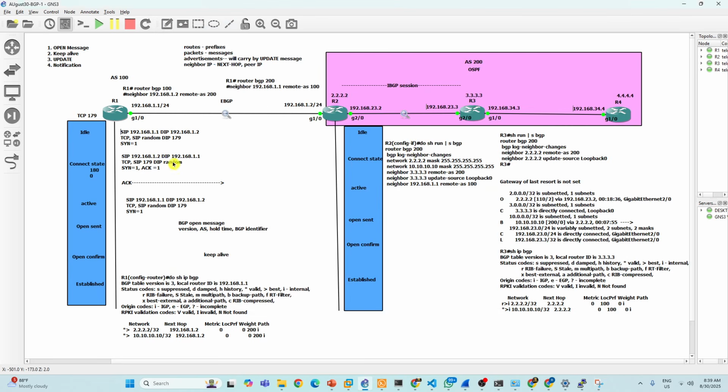In interviews they will ask you this level, packet level. I showed you the packet capture; for every class I'm showing the packet capture. What are the states, what are the BGP packets, how they are exchanged internally, and why we need update-source loopback 0 in BGP. If you don't give it, the BGP session will not establish, because it takes the exit interface IP as the source, and that is causing the issue. Yes or no, that is causing the issue, right? Yes, I showed you in the packet capture.